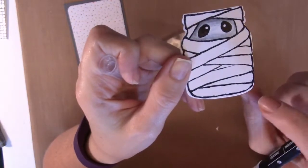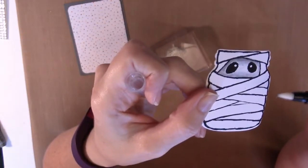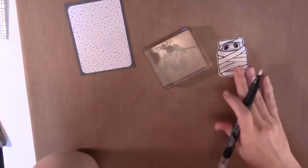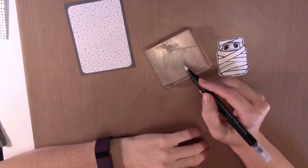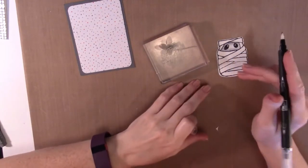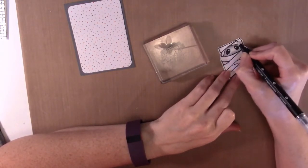If you're using the Shimmery White paper or the watercolor paper, you can do a lot more blending with it. You can make it a lot softer because the paper's not going to start to peel up as quickly. This is just the Whisper White. If you're not as confident in your shading skills, maybe use the Shimmery White or watercolor paper instead. So then you just go through and figure this one's on top, so we're going to